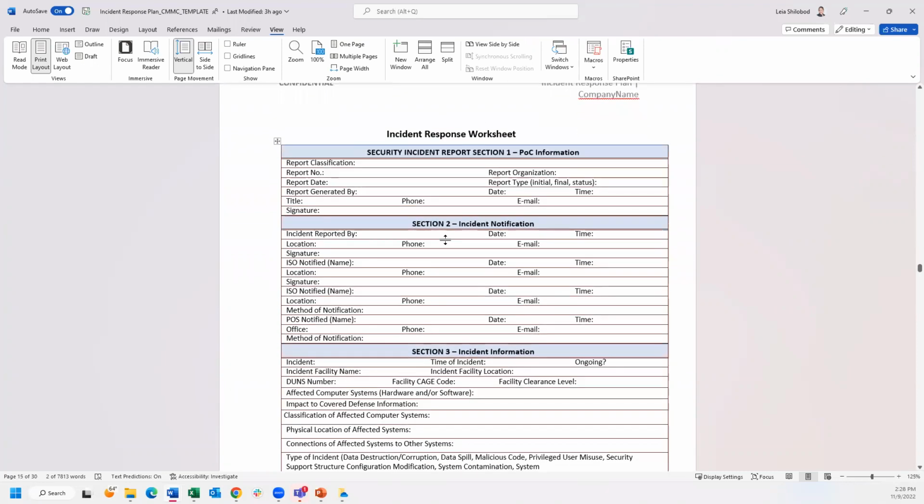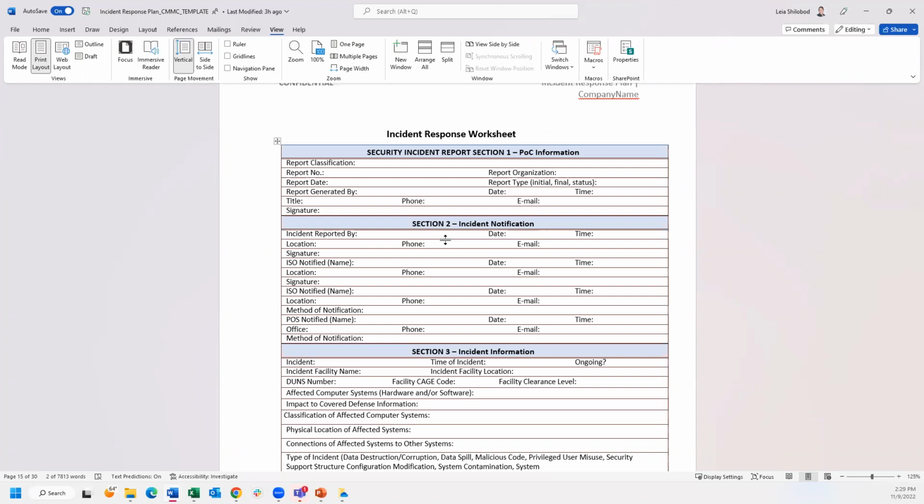Also included in here is a sample of what's on the incident response worksheet. So let's say that you actually have an incident and you need to do the documentation for that incident. Included in the toolkit, and you can create one for yourself if you'd like to, is an incident response worksheet that includes what the incident was, in narrative format, who reported it, what were some of the overall actions that were taken,